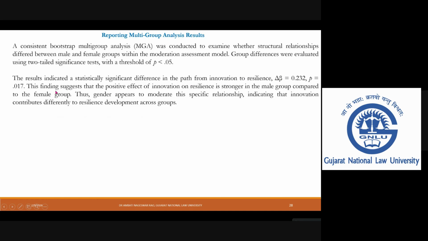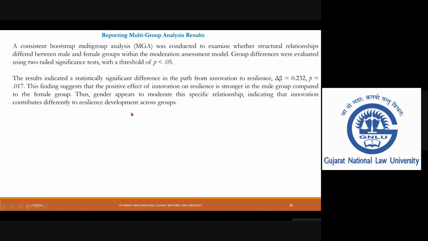This finding suggests that the positive effect of innovation, that is the independent variable, on the mediator is stronger in the male group compared to the female group. Thus, gender appears to moderate the specific relationship, indicating that innovation contributes differently to resilience development across groups.